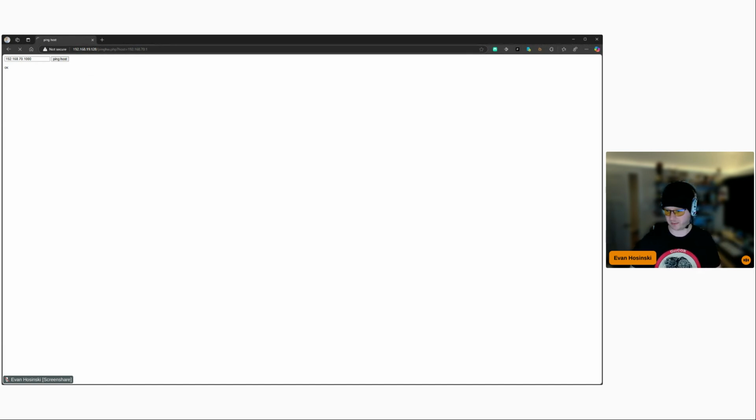Well, how does it do that? We can make an assumption, right? Either they wrote the code for it themselves, or they got lazy, which is what most developers do, and they use ping from the command line. If you had a Linux machine or a Windows machine and you typed in ping and then the address, it would also ping it, right? So we're going to assume that they did the second option, they were lazy, and so this actually gets us access to the operating system. Now, there's a bunch of different ways that we can prove or test this theory,